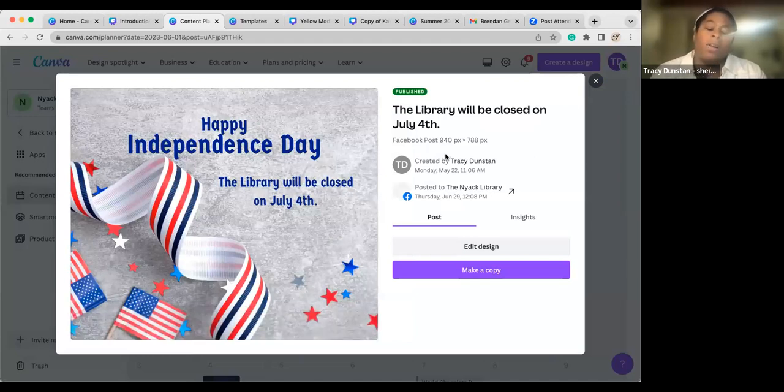And I will say one downside is that you have to log into your account to get it to post. So for example, the Nyack Library's Facebook account is linked to my Facebook. So I have to be logged into Canva on my Facebook to get it to post, which can be annoying, but